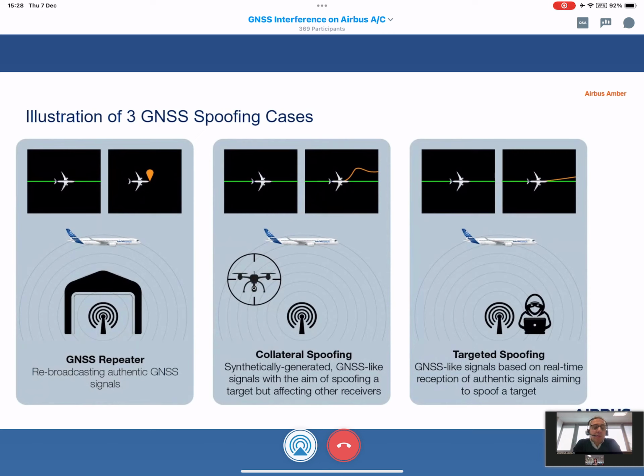So this requires heavily sophisticated instruments, a capability to track very accurately the victim location. And so the idea is to track the victim and to provide a really identical signal, but with a displacement to really spoof the position of the victim. So for this case, we have a strong belief, and evidence also confirmed by the FAA, for instance, that this has not been observed so far, that civilian aircraft have been targeted.